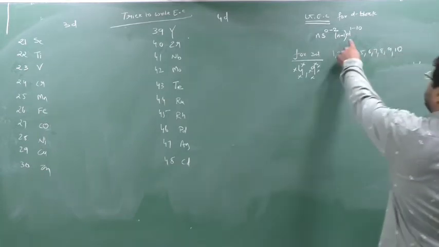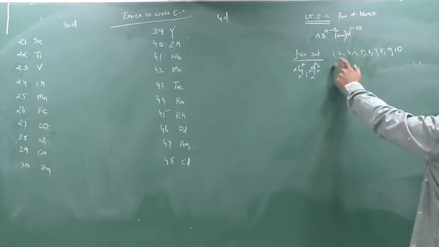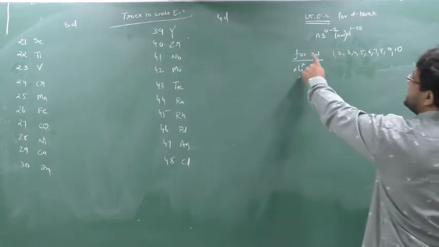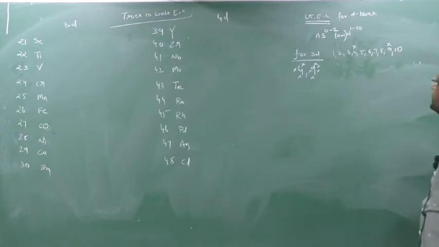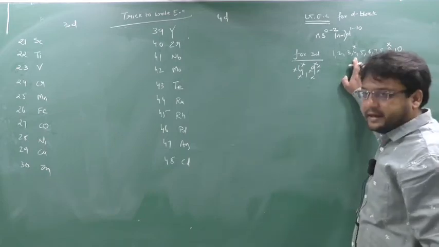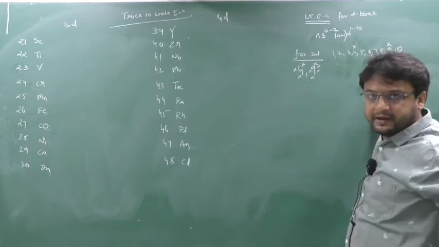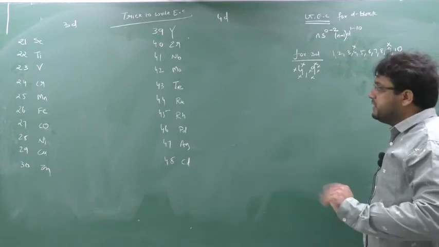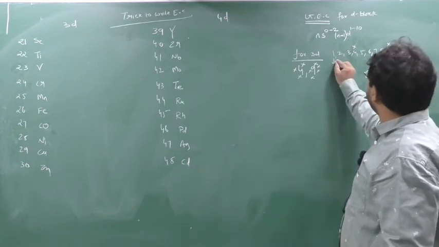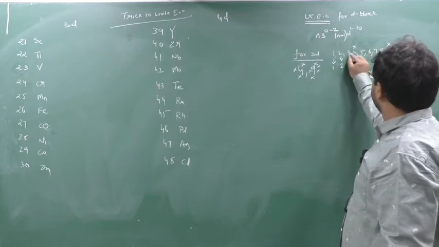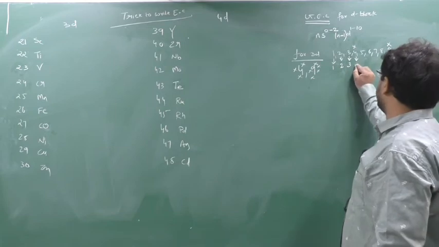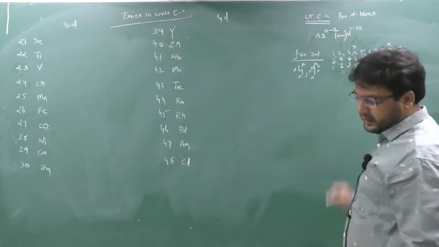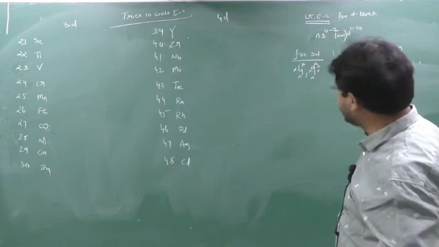As I told you, in d from 1 to 10, electrons can come either 1 or 2 or 3, and in this way up to 10. But when the 3d series comes, you should not take 4, and you should not take 9. If it is coming in the calculation, if 4 is coming, don't take it; if 9 is coming, don't take it. Then what to do? See here. When 1 is coming, take 1. When 2 is coming, take 2. When 3 is coming, take 3. But when 4 comes, don't take 4. In place of 4, take the next number 5. When 5 is coming, take 5 only.